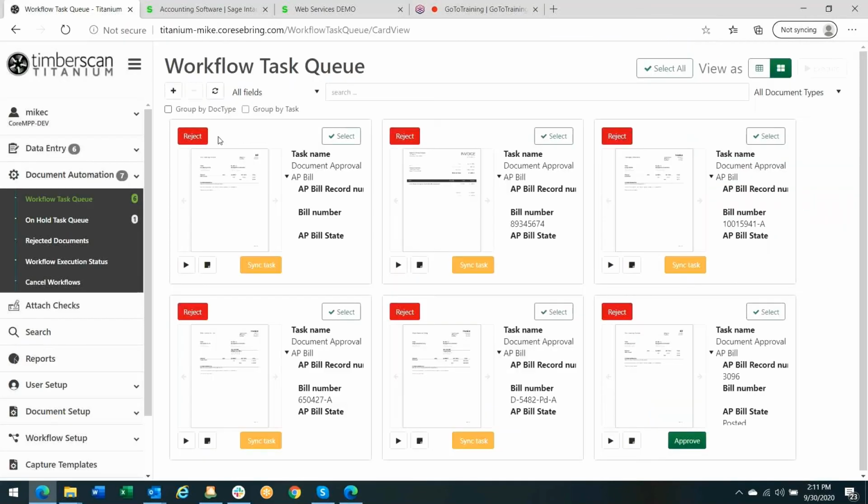So I've already logged into the application. I've already logged into Intacct as well. We're going to start here in Titanium, and we're going to work our way through the process from here. So from a navigation perspective, the way that Titanium is designed is it is a browser-based system, as you can see. So I've logged in through my web browser, and I'm able to select from the side panel whatever